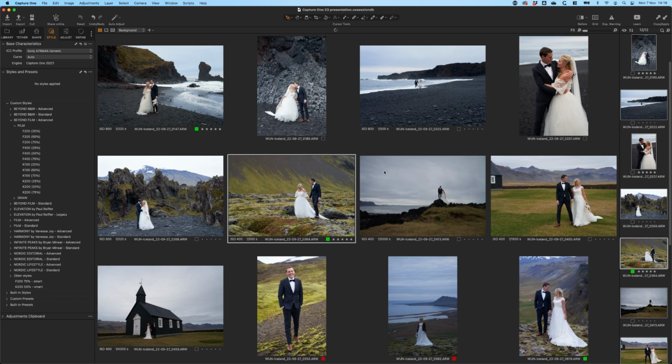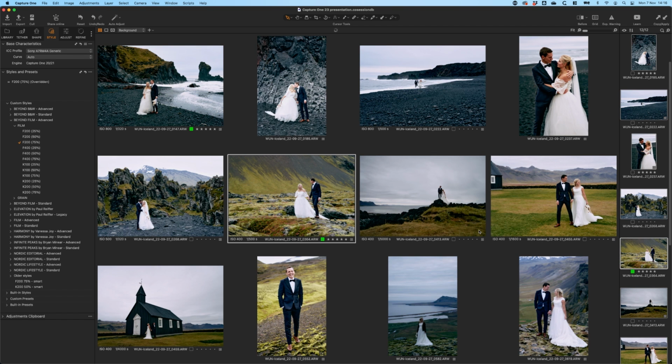So let's see what happens if we apply to the whole batch, just like that. This is not a smart style. This is just a regular style. So let's apply this style, and it's applying, and it has some similarities, but we can also see that the photos that were off, they are still off, and it's a good starting point, but it would require us to